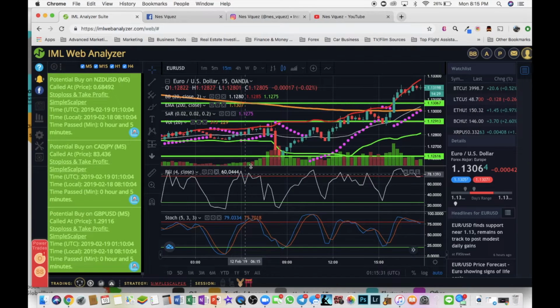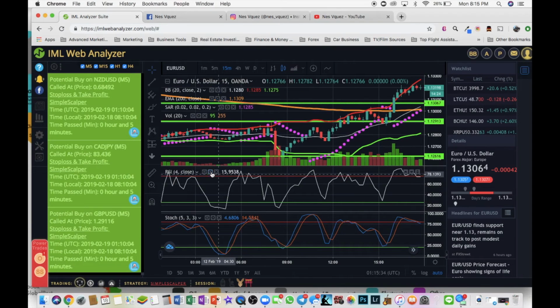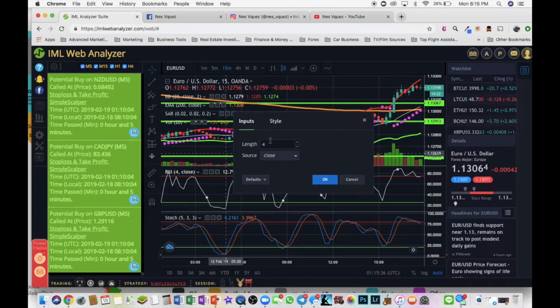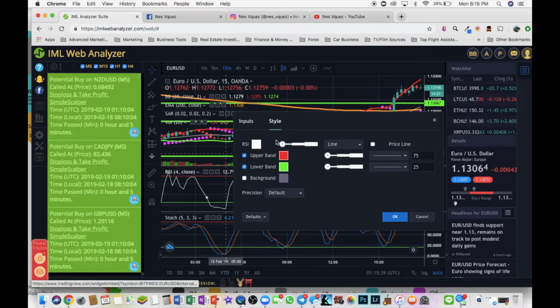This is going to show you where price is oversold and when price is overbought. So the settings that I have this on, okay, is set to 4 at the close. And on style, I like to match the bands with my Bollinger Bands. So top band red, lower band green. I take out the background usually. You can use whatever color you want for the RSI. All right, and the upper band is set to 75, lower band is set to 25, and I have solid lines on it. So again, whenever you are adjusting your indicators, make sure you save it as default